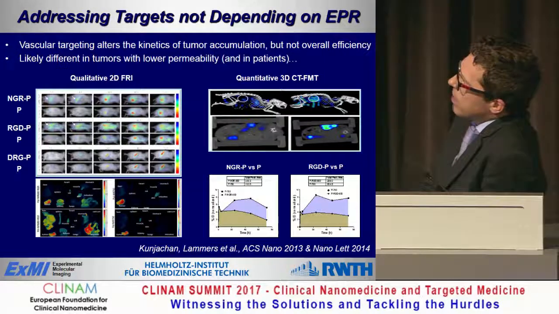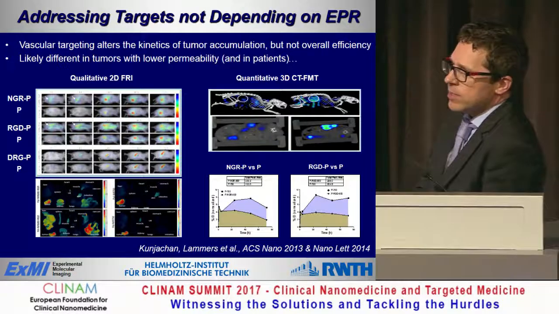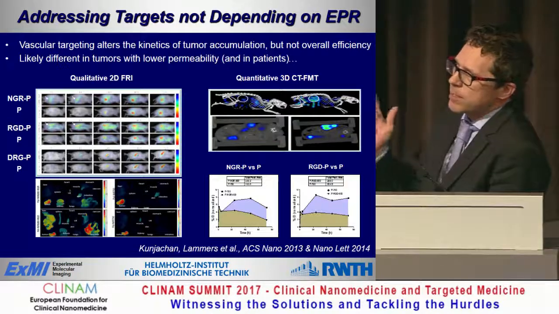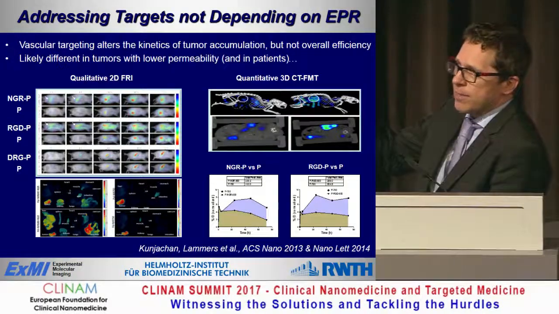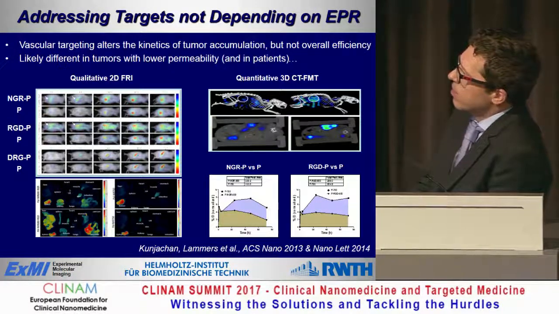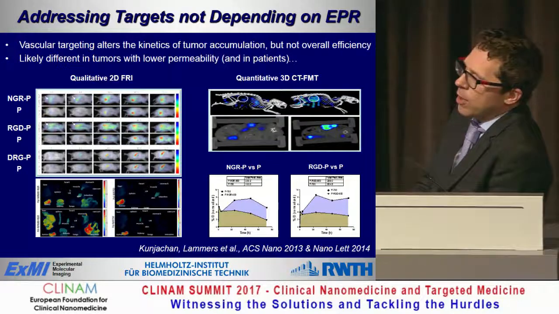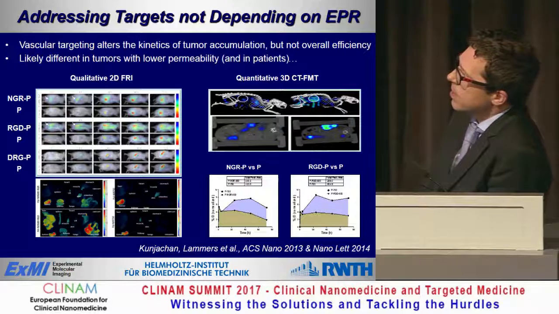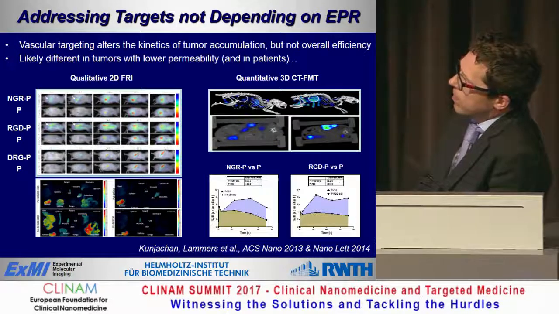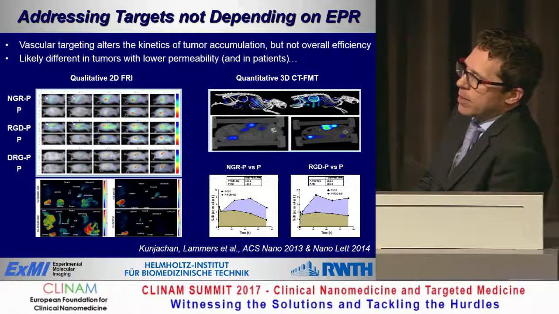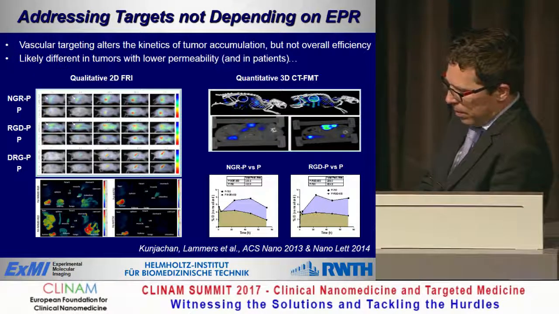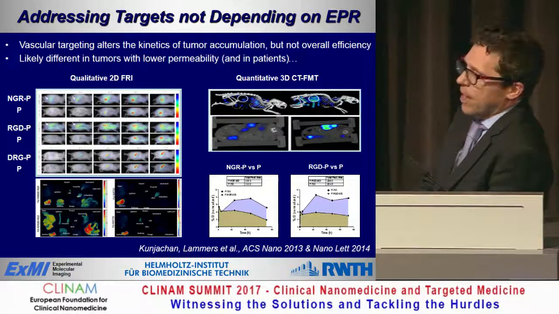But then in the long run, you see that the area under the curve of the targeted probe is smaller than of the non-targeted one. And the reason is very simple. If you have a system that is optimized for stealth properties, it will strongly accumulate via EPR. And the blood half-life is the main determinant for EPR-based accumulation. If you now bind the targeting unit to it, you opsonize it, for example, to macrophages and other cells, they will take it out of the blood, so the blood half-life will decrease, so the EPR-based effect will also decrease. And at the end, although you have a successful targeting at the beginning, you may end up with a lower accumulation of the probe than with an untargeted control.